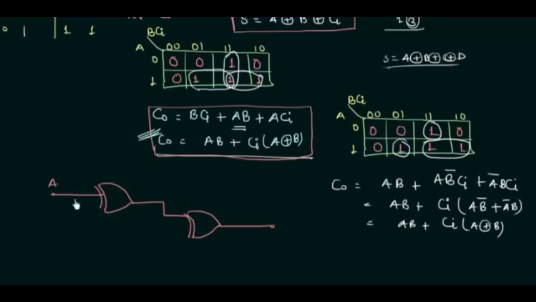Your A will be here, your B will be here. This is your A XOR B, and in this gate one of the inputs is your carry input, so the sum is here and it is A XOR B XOR Ci. Similarly, you can implement the carry output. This is something you can do by yourself. So in the next presentation we will